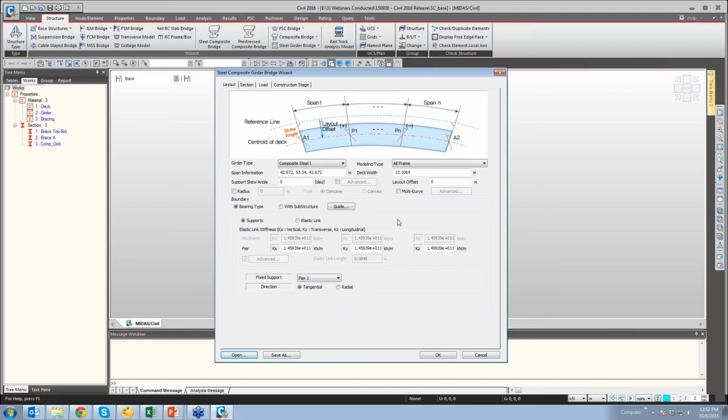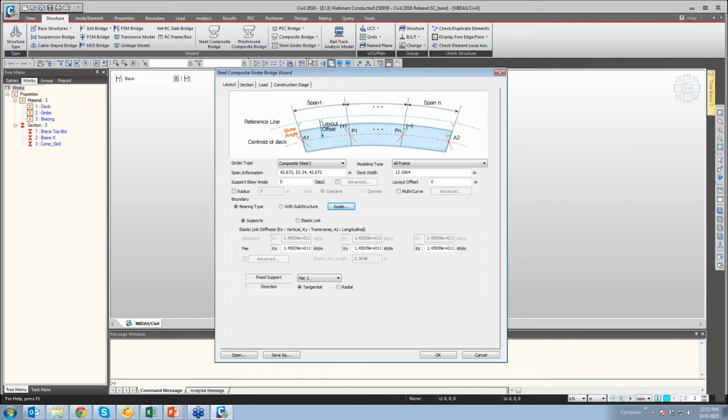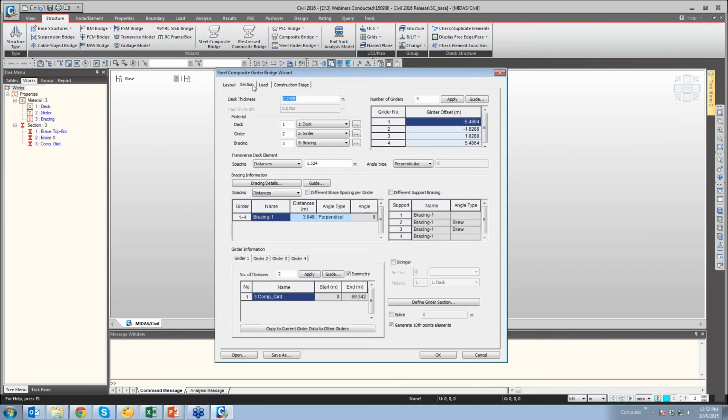Okay, so these are the options. Rest the span information, skew angles, everything being the same. If you go to guide over here, this is just again the same diagram as the PSC Bridge Wizard, the difference being the way the diaphragm is put. Then in this section, yeah, here the bracing is the new part.